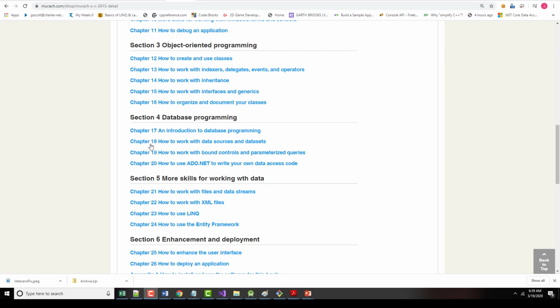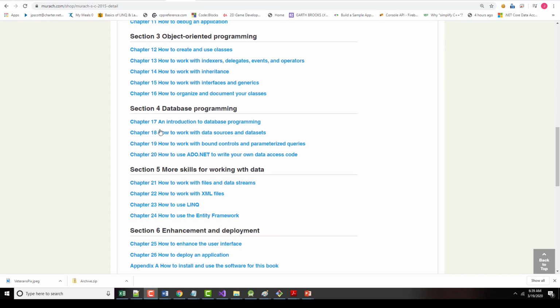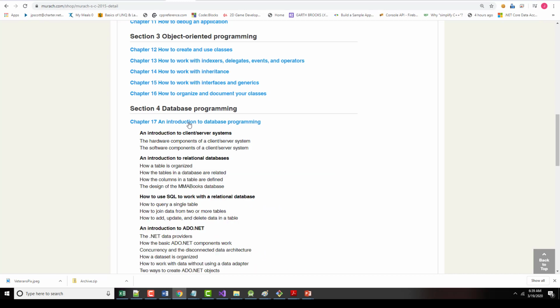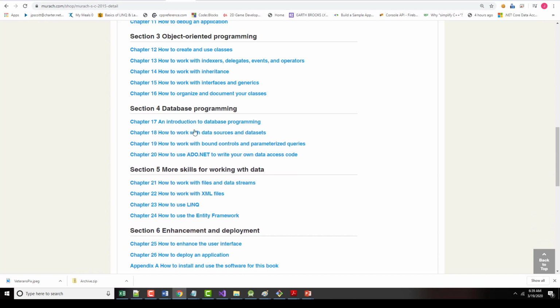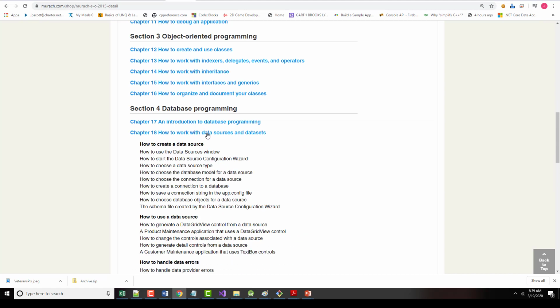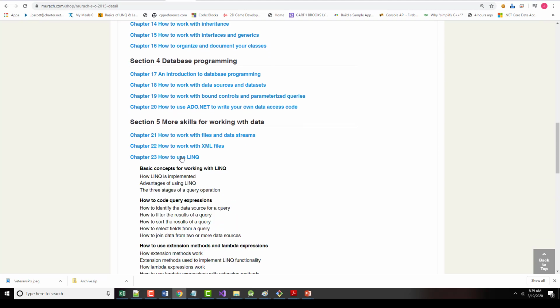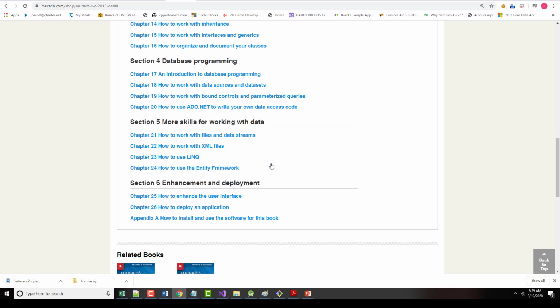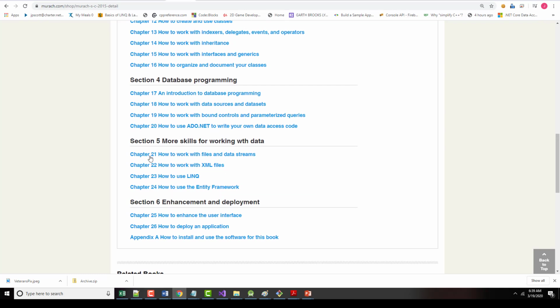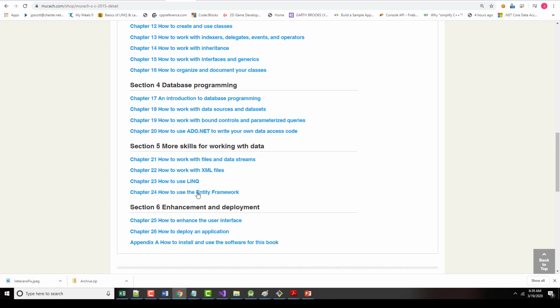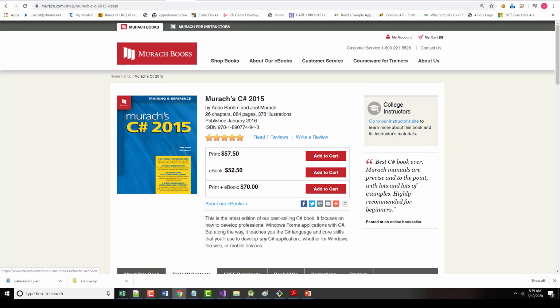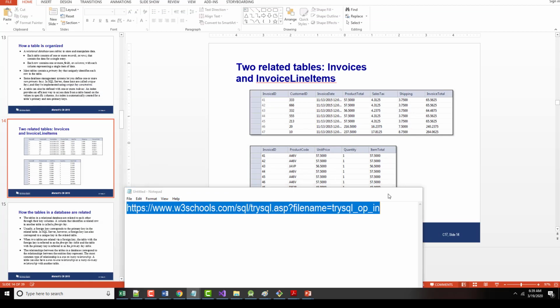Now, as you can see, that means there's about 10 chapters left in the book. There's no way in heck we've got time to go through all those. So let's talk about what we will go through. Right now I'm going to go over Chapter 17, which is an introduction to database programming. Afterwards, I'm going to go over Chapter 18, which is how to work with data sources and data sets. And then I plan on ending up with Chapter 23, how to use LINQ. Again, we're going to skip 19 and 20, 21 and 22, and 24 through 26. So with that said, let's go in and start taking a look at